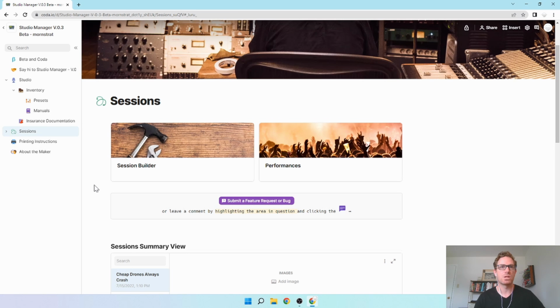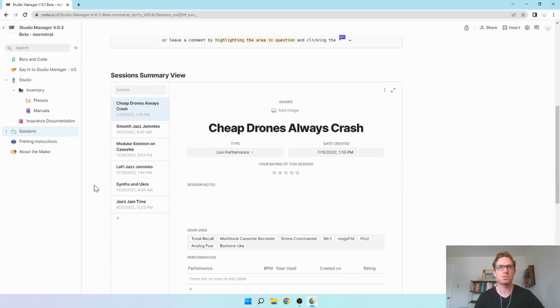This is your sessions view. By sessions, I mean setup essentially, so any place where you've got gear set up in a specific configuration. You can see the type here is live performance, portable, or studio at the moment. You can add another category if you like. But this session is a place to capture that setup, all of the connections between various pieces of gear,